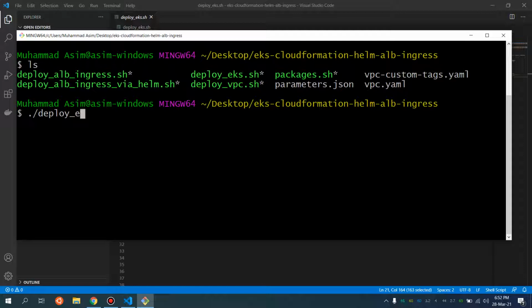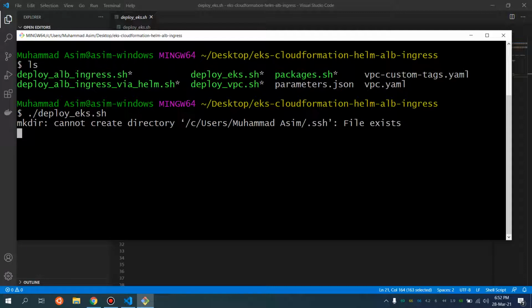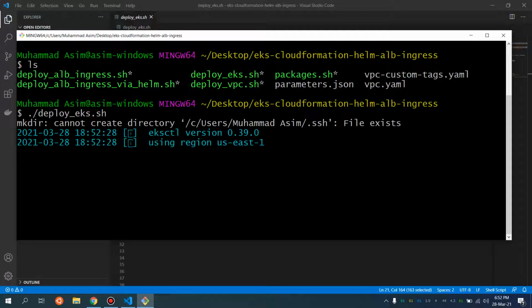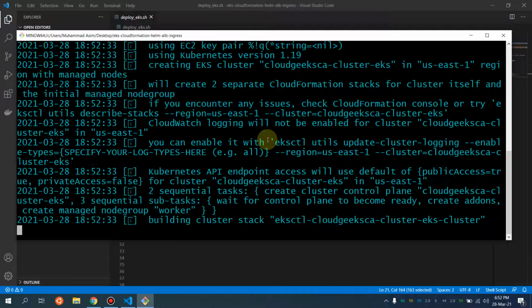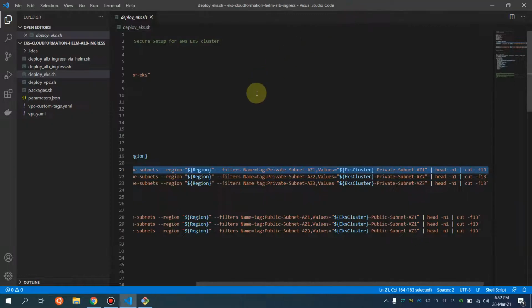I already told you that I've installed the package for the eksctl CLI, so please install that. Now I simply use this particular bash script where I have defined these variables.